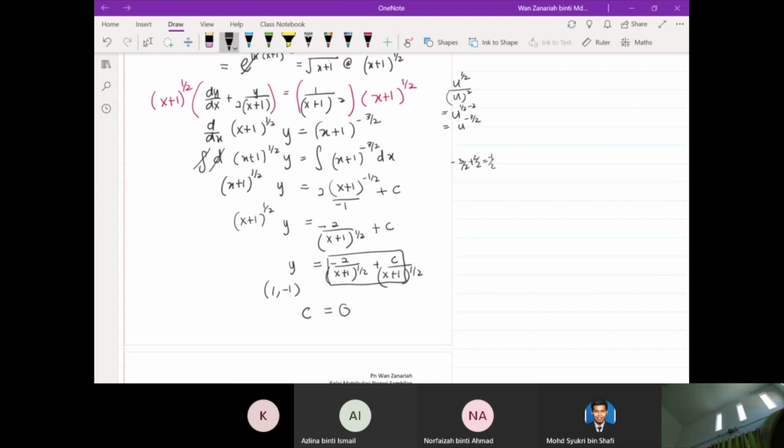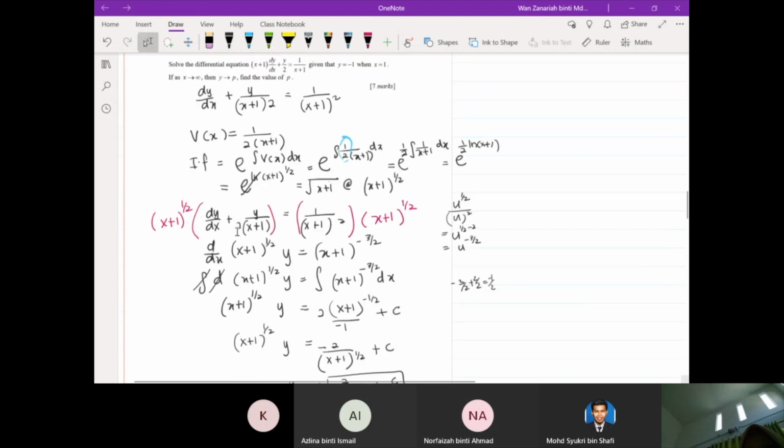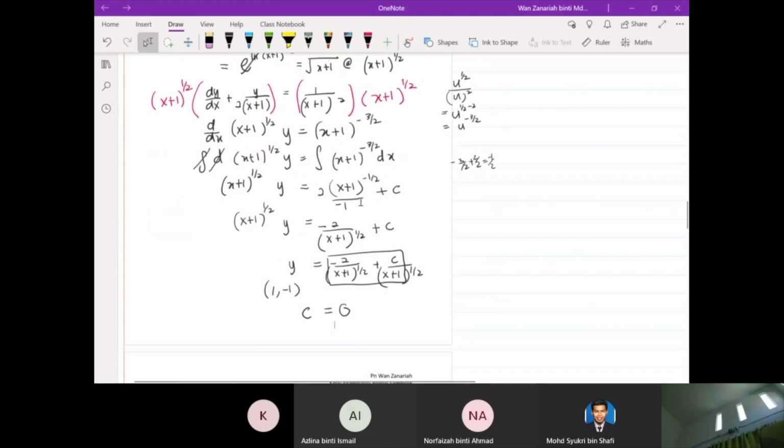When c is equal to 0, the question earlier wanted: x approaching infinity, then y is approaching p, find the value of p. So when c equals 0, we will get y equals negative 2 over x plus 1 to the power of